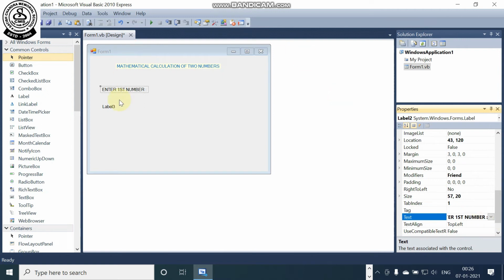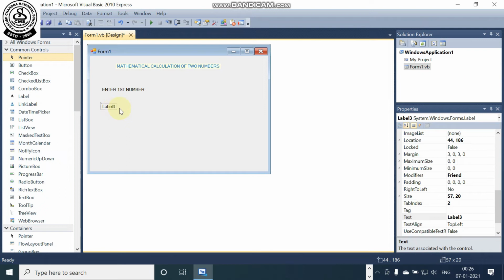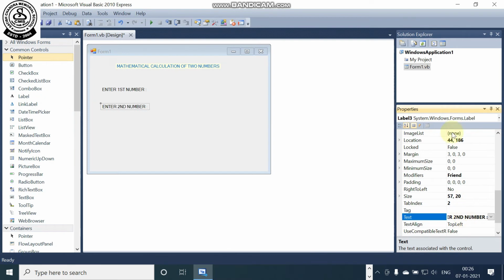So colon has come, you can see this, and here I'm clicking on the label 3 box, that means the third label box. I'm changing the text property of the label box. I'm writing "Enter second number", and then I'm giving colon and pressing enter, and this is coming.